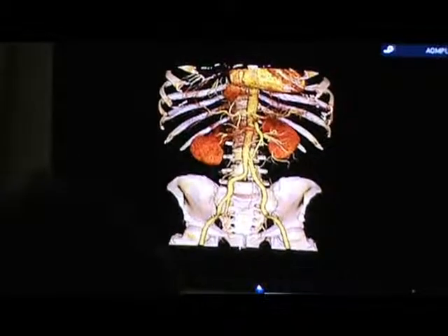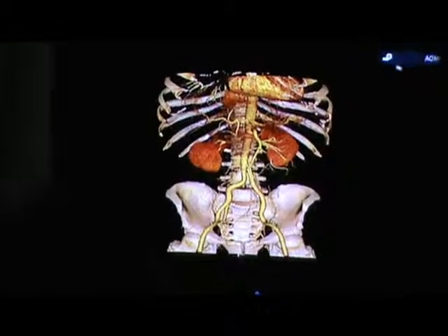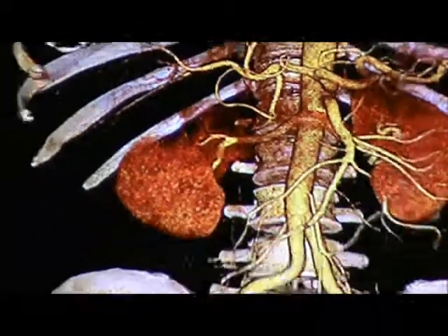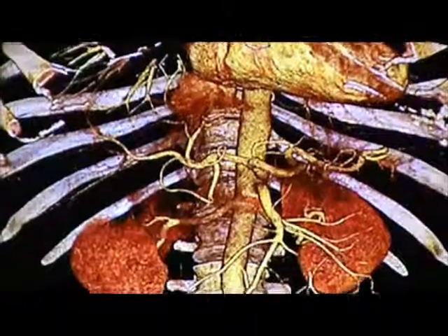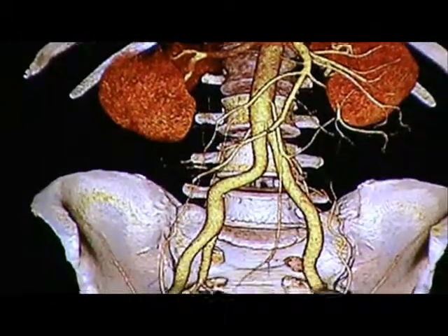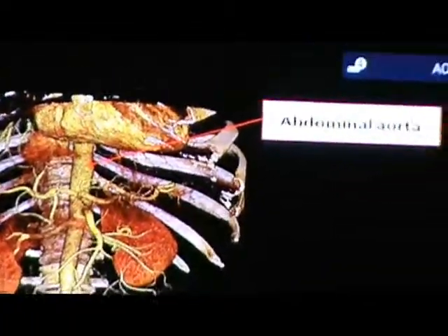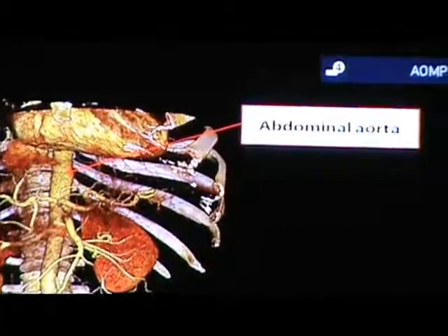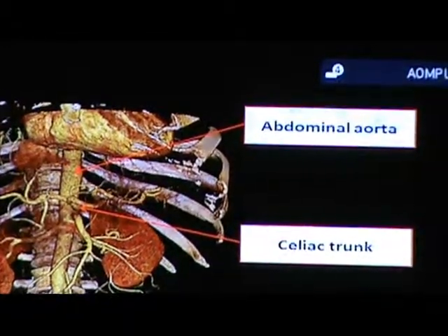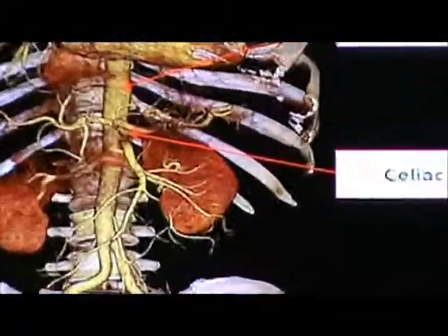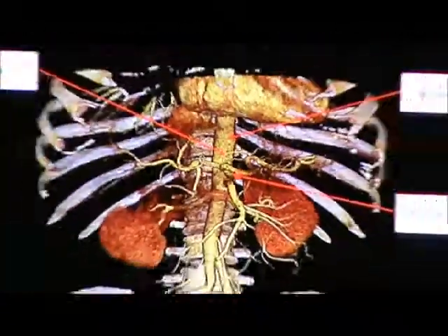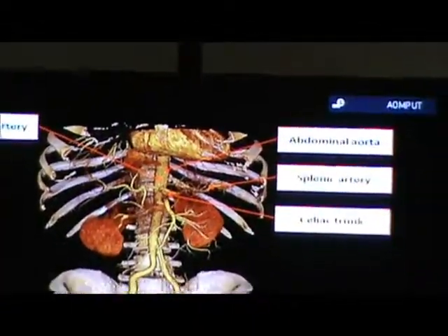We can also produce some 3D images of the arteries filled with the blood containing the radio contrast. And this is the abdominal aorta filled with the radio contrast, which allows us to produce such visualization. And this is the first visceral branch of it. So this is the celiac trunk, giving the left gastric artery and the splenic artery,